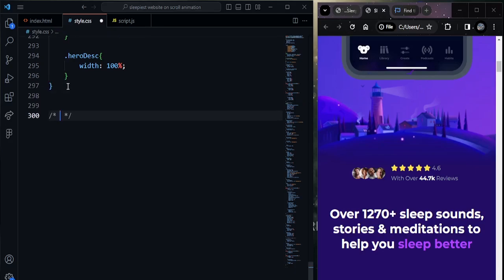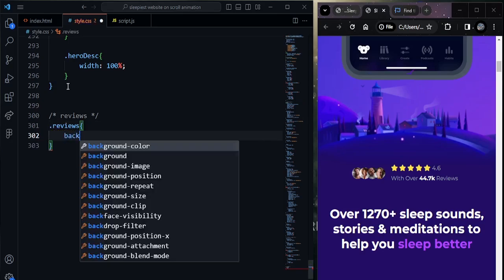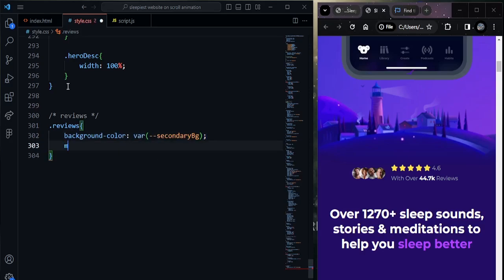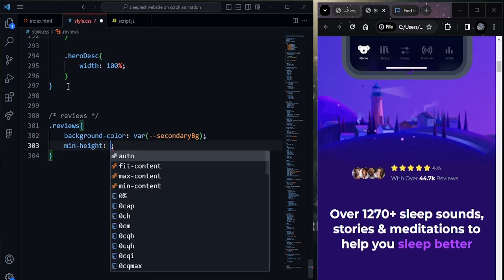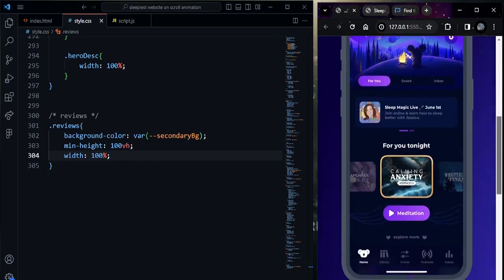Over here, the background color of this section will be secondary BG, and the minimum height of this section is 100 viewport height, and the width of this section again is 100%. Okay, now when we scroll down,